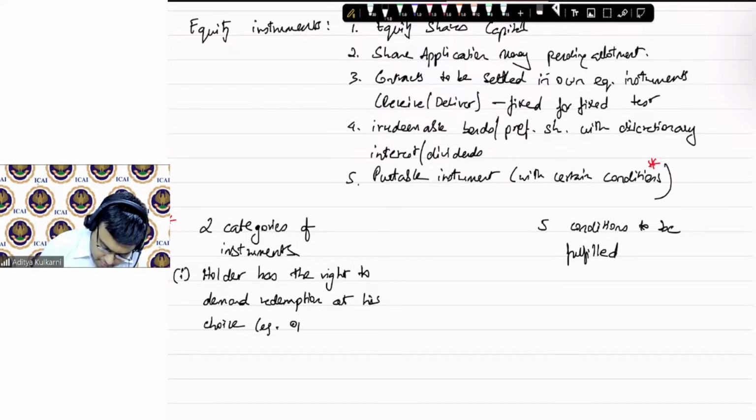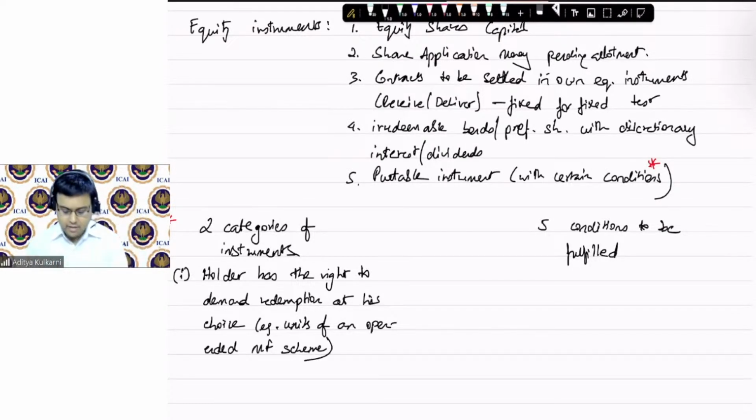Example, units of an open-ended mutual fund scheme. Holder has the right to demand redemption. Okay. And